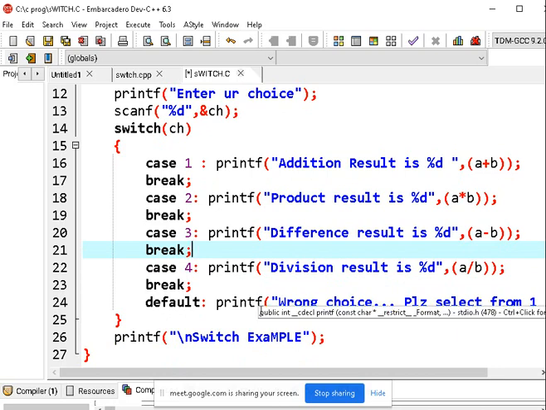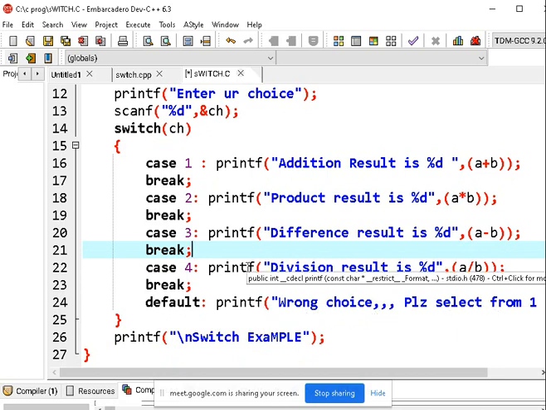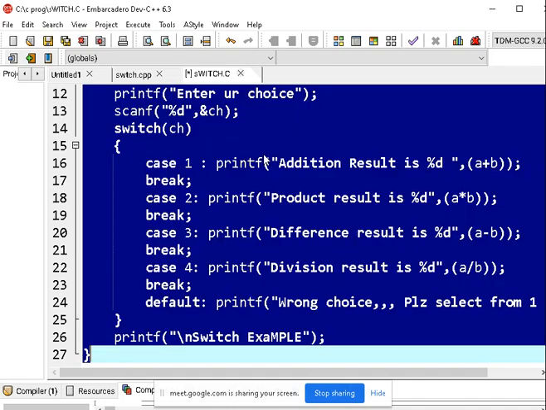Have you understood about switch case? Switch cases mainly deal with menu driven applications. Whenever we require menu kind of applications, we choose switch case to write that kind of examples. We use switch cases when we have multiple operations, multiple options, and you have to perform only one operation. In that case, it is better to go with switch case. Wherever it finds a match, it will execute that. Okay, and I'll show you one more example on switch.